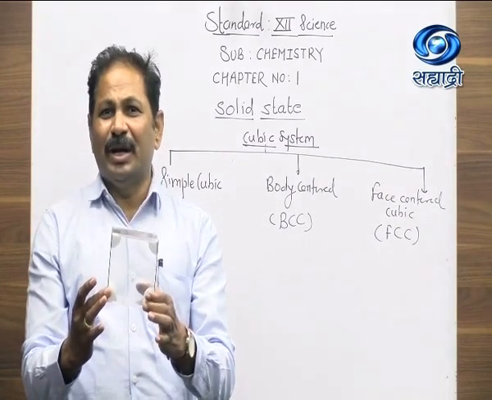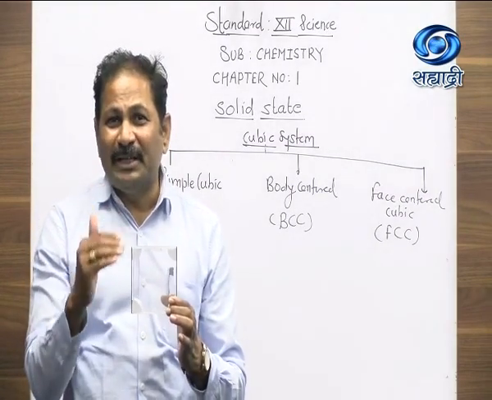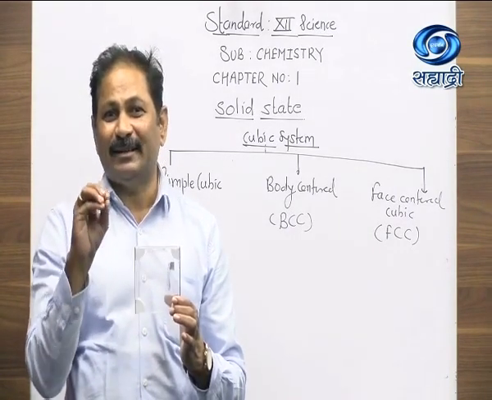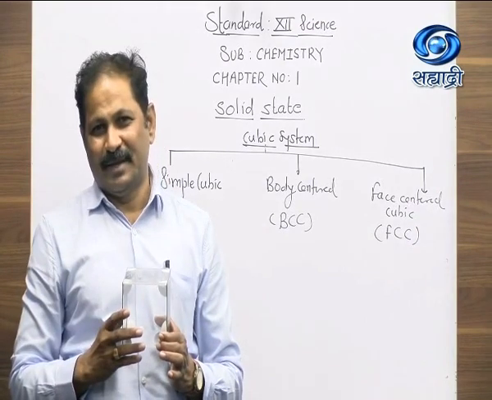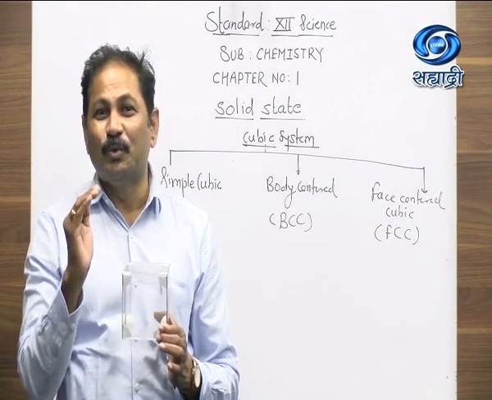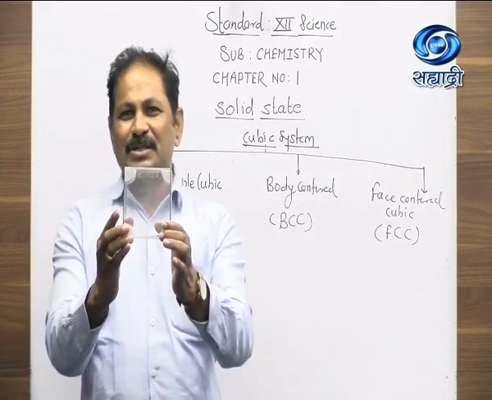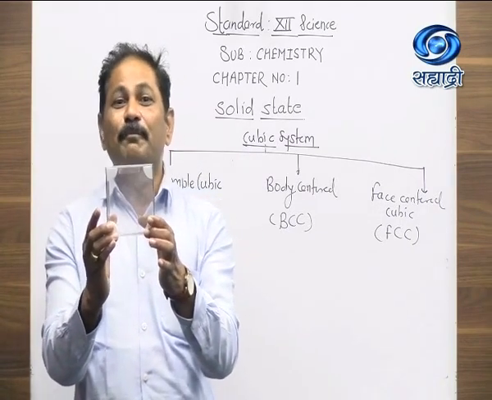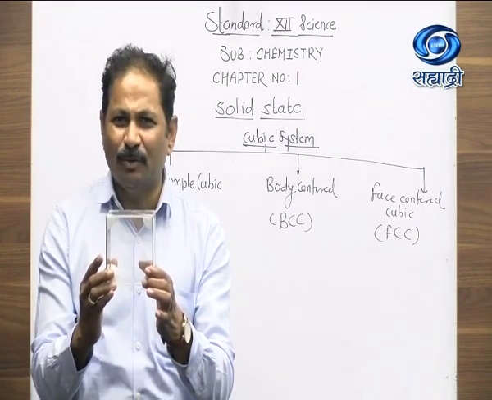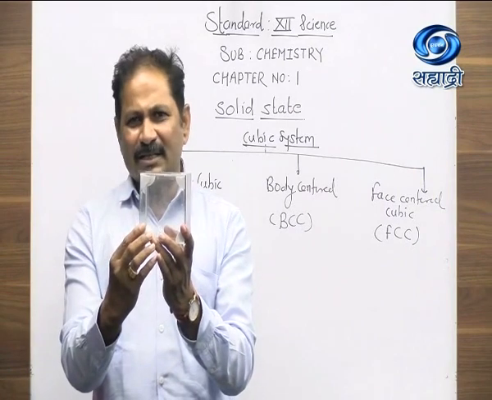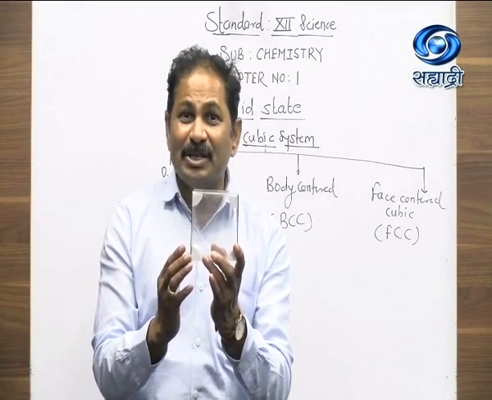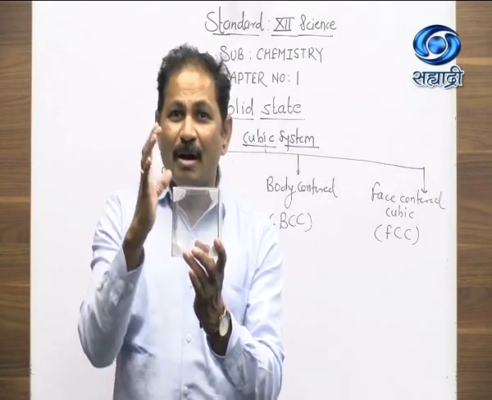Now in the cubic crystal structure, how do the constituent particles get arranged? On the basis of that, the cubic system is classified into 3 types. The first one is the simple cubic system, or primitive cubic system. What do we mean by the simple cubic system? Again, the bond angles are the same: alpha = beta = gamma = 90 degrees, and the edge lengths are a = b = c, as it is cubic.